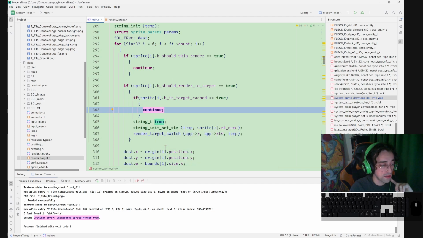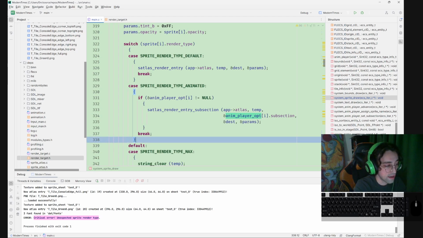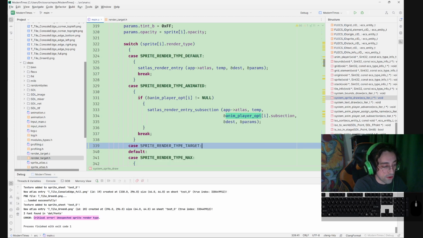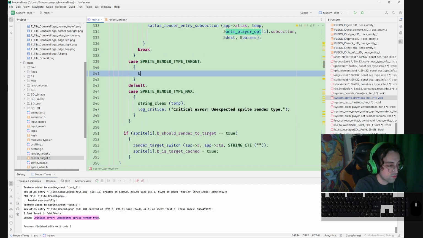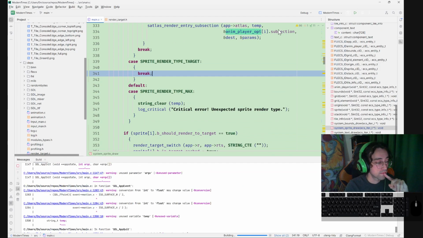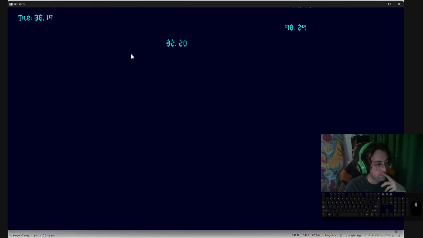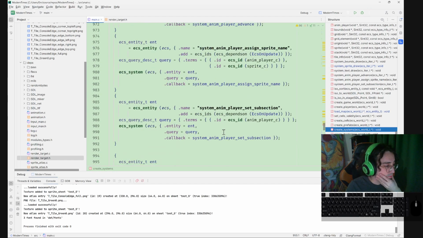So now all the entities are getting rendered to the render target, and we can create a new case for our target. And now this case, for now, let's just break out of it. So what we should now see is nothing, no tiles, and no crash. Yeah, so there's not much there. Now if I go to the system,